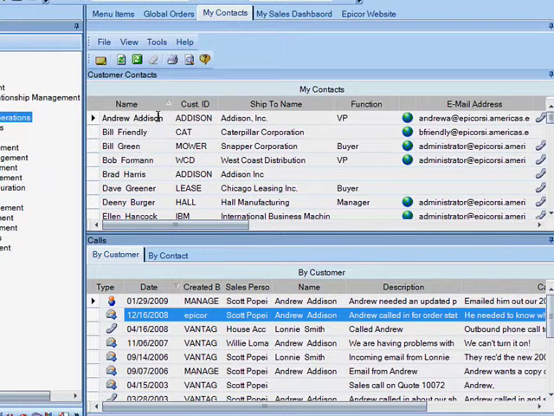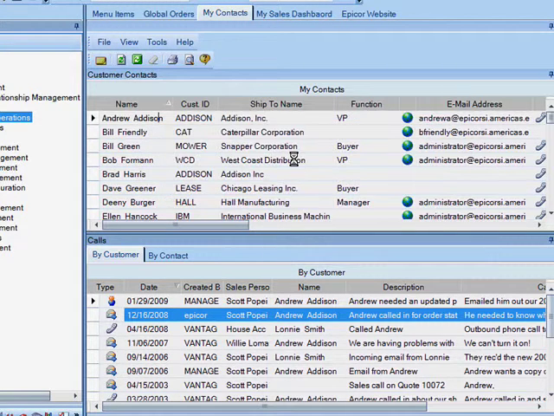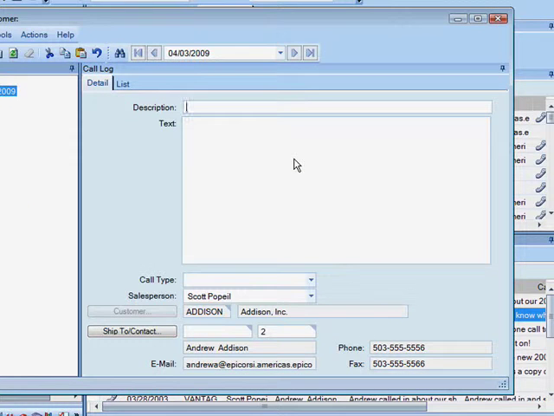If I want to right click on Andrew Addison as we've been looking, that simple right click will afford me the ability to once again launch my trackers or create a CRM call or a help desk case or a quote or an RMA or any other transaction I want to do from a CRM perspective right here in the screen. An example of creating a CRM call would be here, launching that call screen from within the software itself,